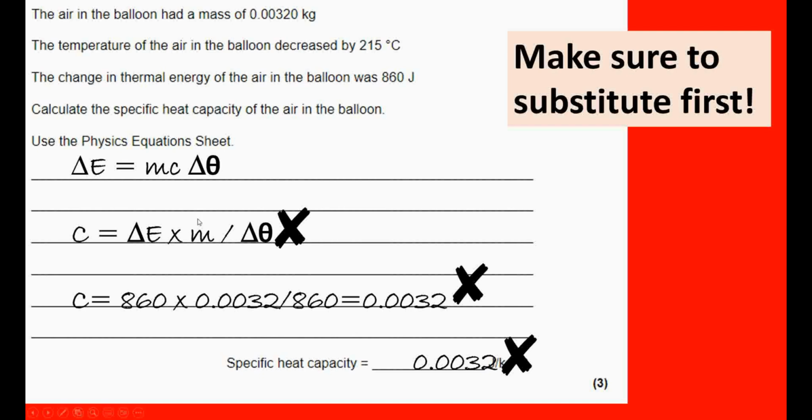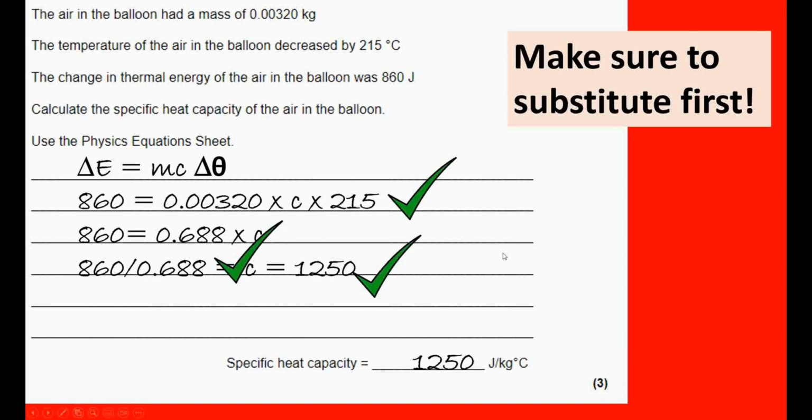So in this case, the student knew what equation they had to use, they knew what each of the things were, but they just made a little mistake in the rearranging and it cost them 3 marks. Okay, that's huge. That happens a few times in the paper, that's the difference in a grade. So what I advise you to always do is you write the equation, then you substitute, then we rearrange